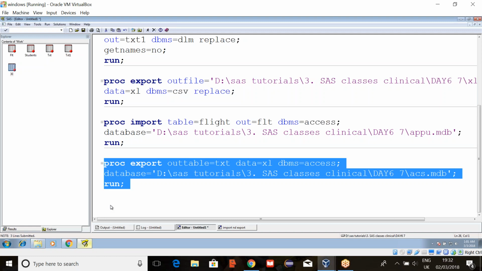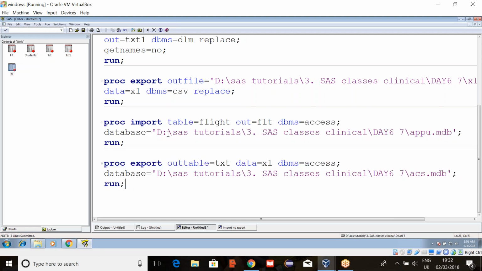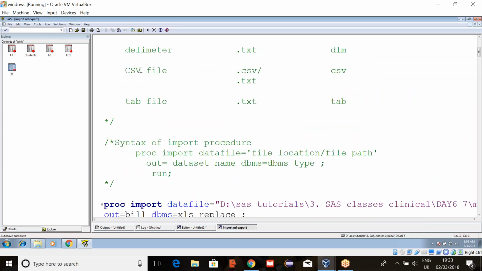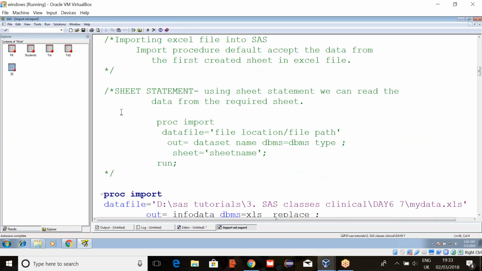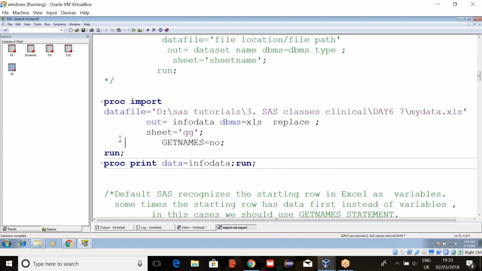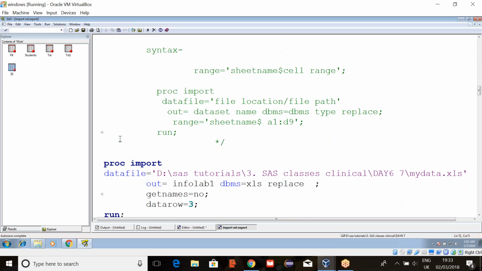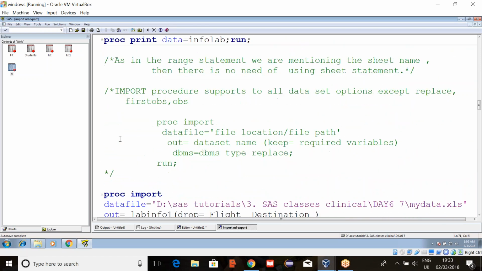Do you understand? Again here also remembering the syntax between import and export is easy. Just simply interchange these keywords: table and out table, out and data. Any questions? So proc import and export, I think I have covered everything. Sheet statement I have covered, getnames done, range done, datarow. And if you want to use any of the dataset options, we can use them also, except